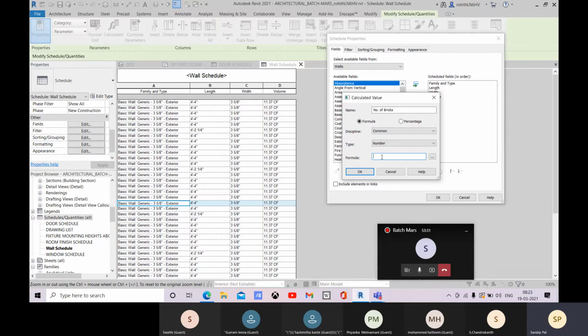Okay. So then you have the total volume of your work, and this is the volume of one brick. If you divide the total volume of your wall by this volume, you will have the number of bricks, right?